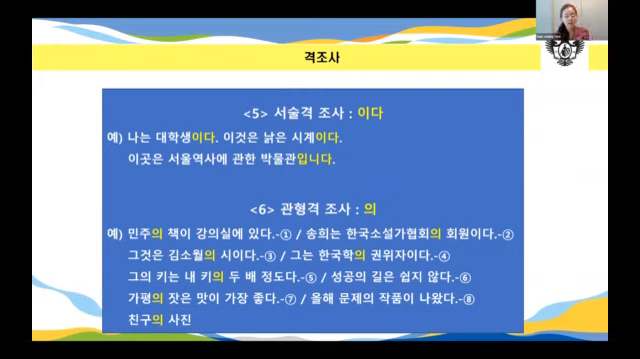Six, it has the meaning of for, 무엇을 위한. In the example sentence, 성공의 길은 쉽지 않다. 성공 in front of 의 is the purpose. And 길 after it indicates the process to achieve the purpose or aim. 성공의 길. And seventh,